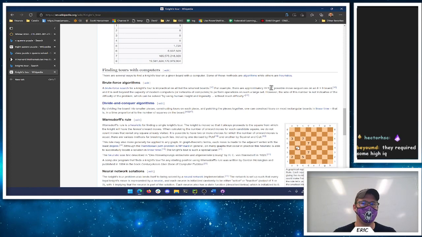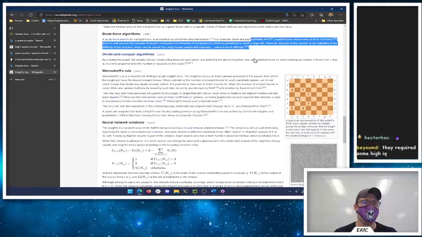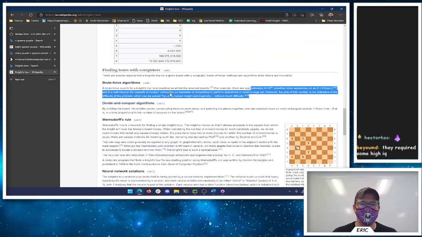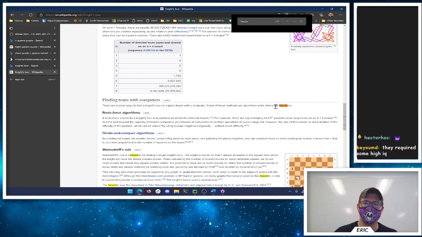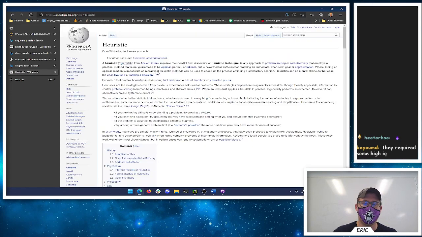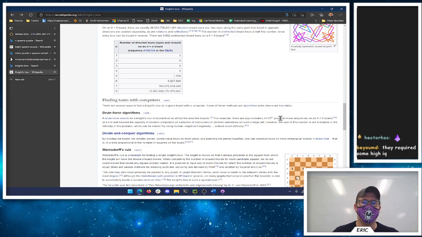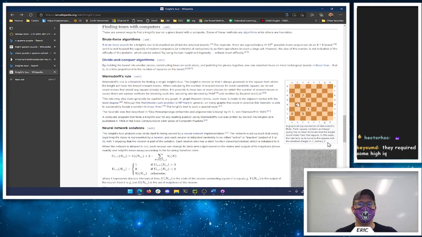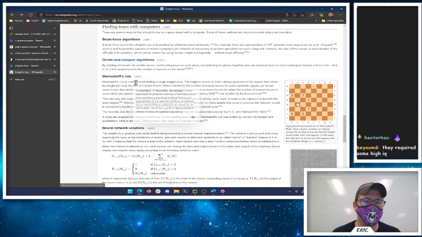If we're going to brute force it here, there are so many possible ways to do it. You have to add a little heuristic here. So for our brute forcing, there's a little trick you can use. And the idea here is that your next possible step should be the one. Where's that heuristic? Oh, it's right here. Is it Warnsdorf's rule? Why didn't I find it? Did I spell heuristic wrong? So this is Warnsdorf's rule